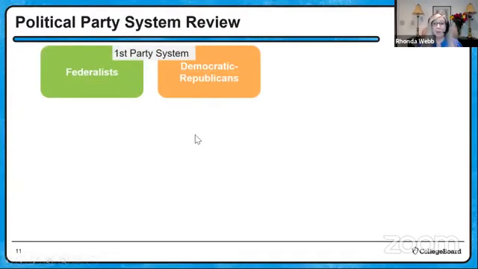So let's review the first party system. When Washington says don't have political parties, but we create them anyway, we've got the Federalists and we have the Democratic Republicans. So we've already talked about that. One of the things that causes the Federalist Party to really collapse is the War of 1812. And you may remember that that was largely because of the interference with American shipping, with the French Revolution, and then the Napoleonic Wars, where France and Great Britain were kind of vying for American loyalty and support, and they were getting involved in interfering with our shipping, which we know was very important at that time.